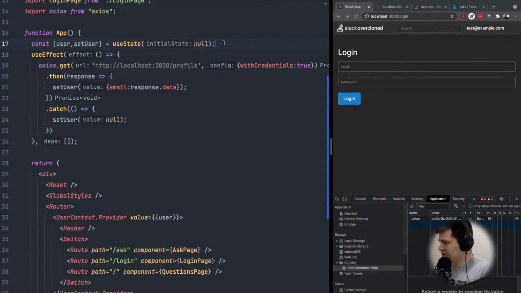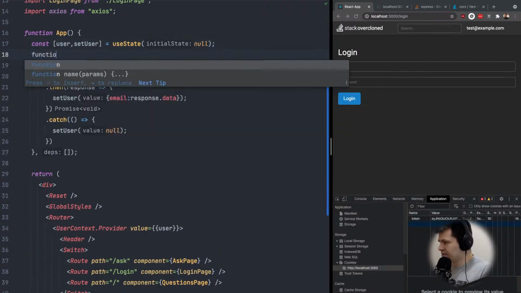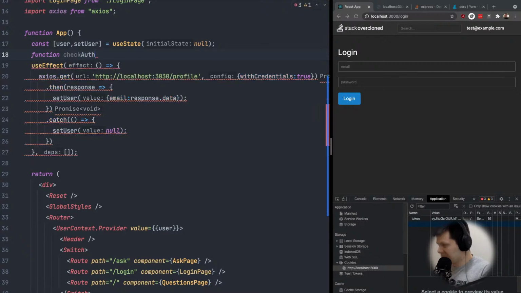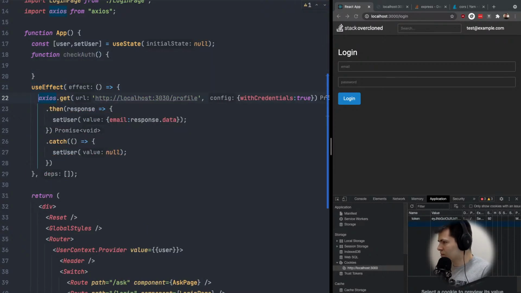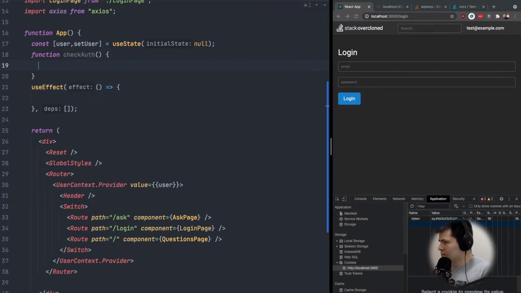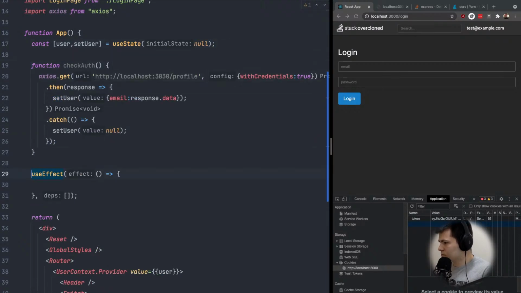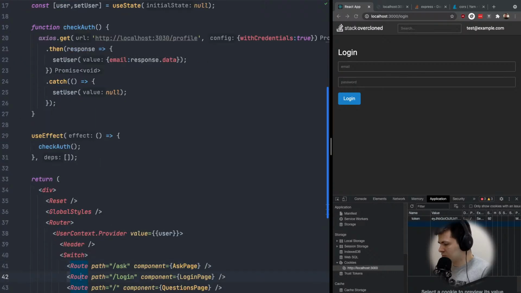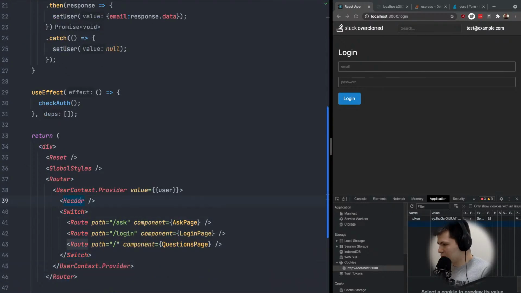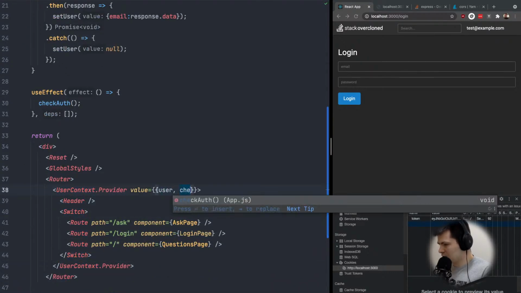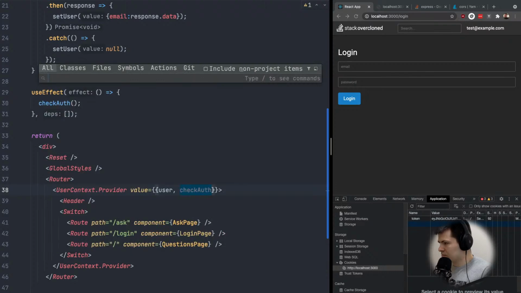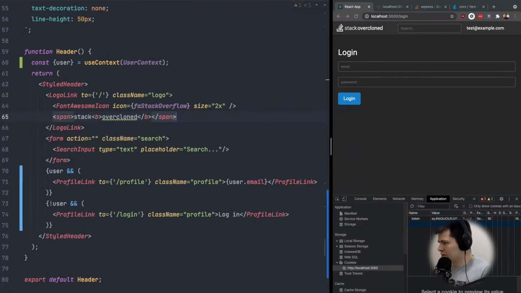So the first thing is that we will create a function called check auth, and we'll take it here. We'll call it here. And we will also pass it here. So in our header,